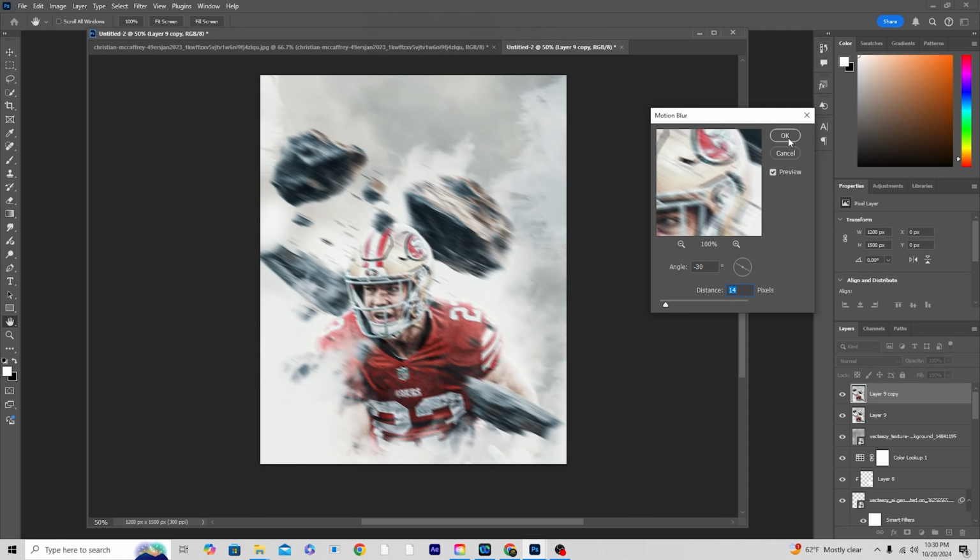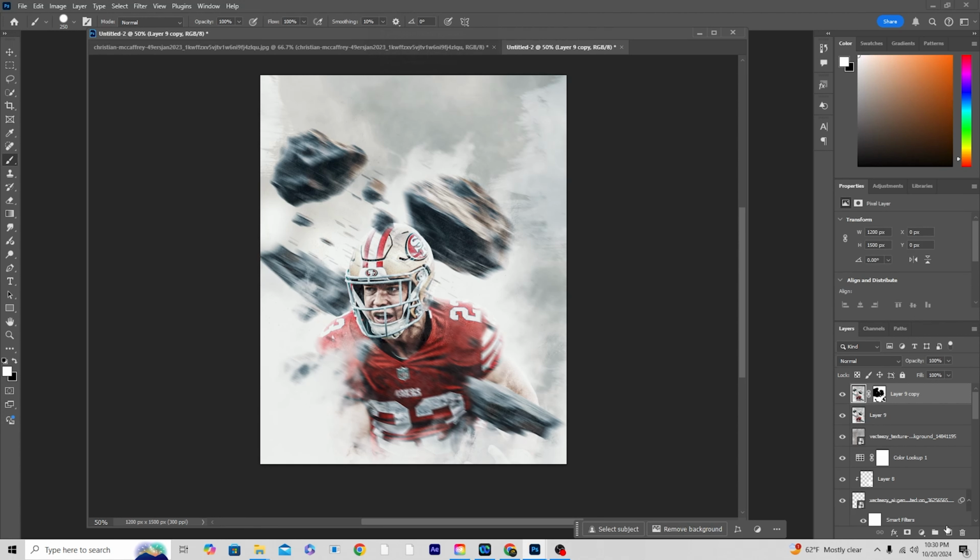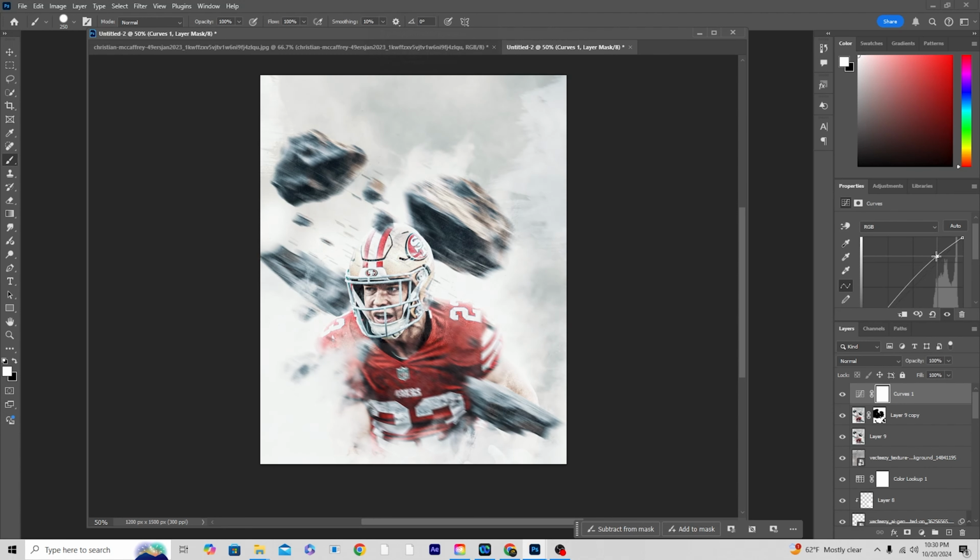Here we go, and let's create a layer mask, go to brush, and again let's erase these parts, and let's add a curve on very top. So let's go on curve, let's make it a little brighter, maybe let's